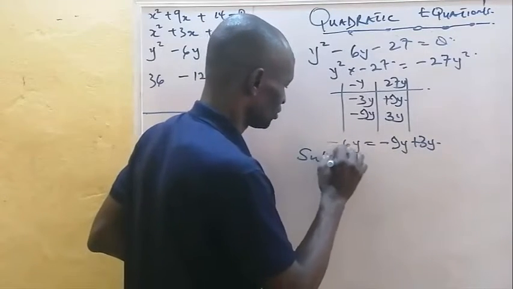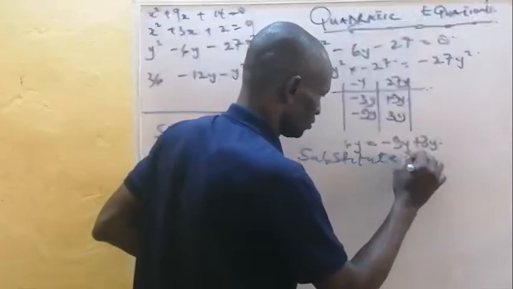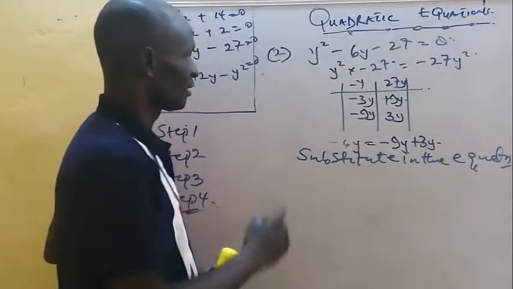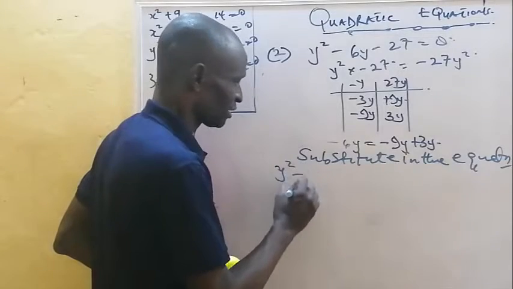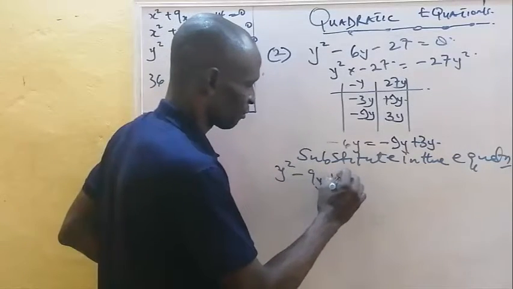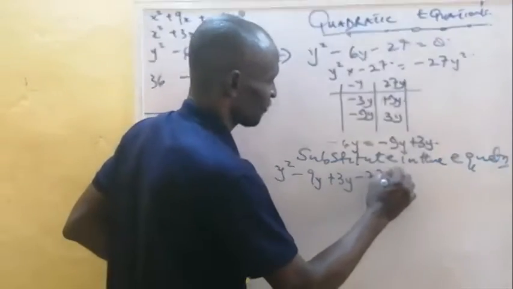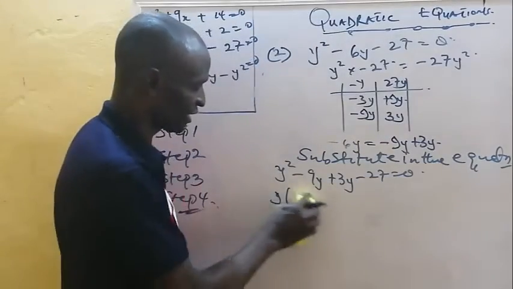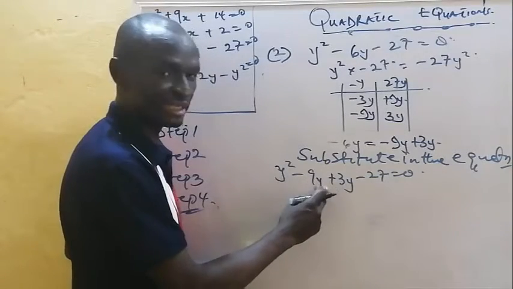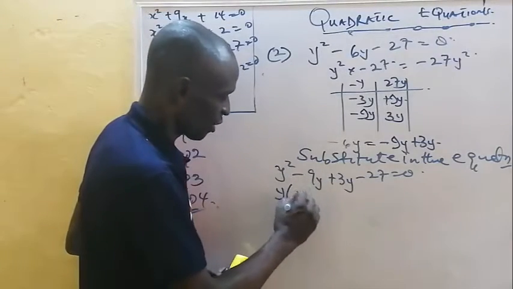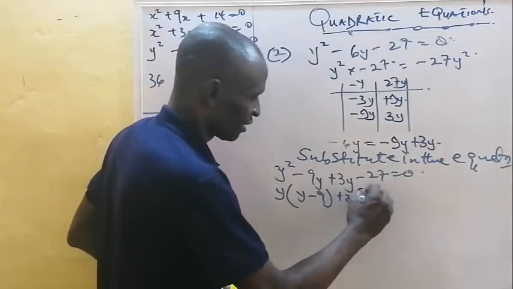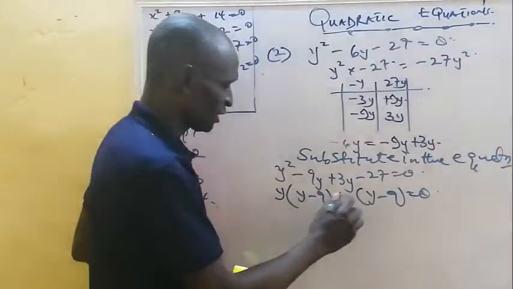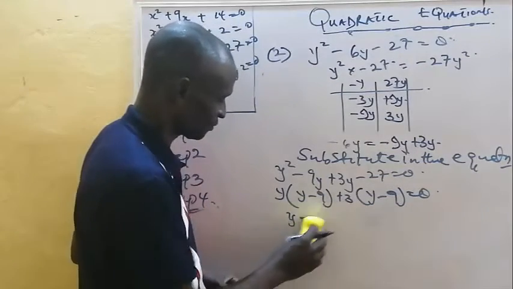I'll substitute in the equation. The equation becomes y squared minus 9y plus 3y minus 27 is equal to 0. If I'm factorizing now, between this and this, I'll bring out my y into y minus 9 plus 3 into y minus 9 is equal to what? 0. Now, I cannot bring them out. y minus 9